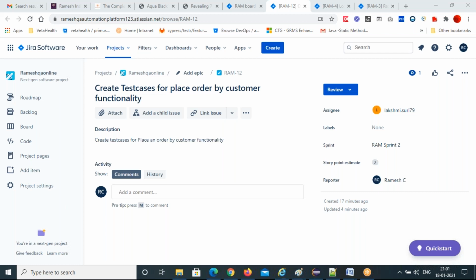Yes, sir. Are you able to log in? Yes, sir. Okay. Are you able to see the sprints and everything, the dashboard?